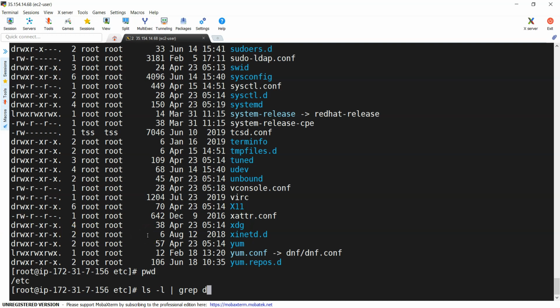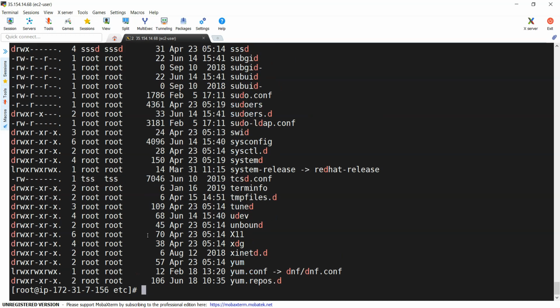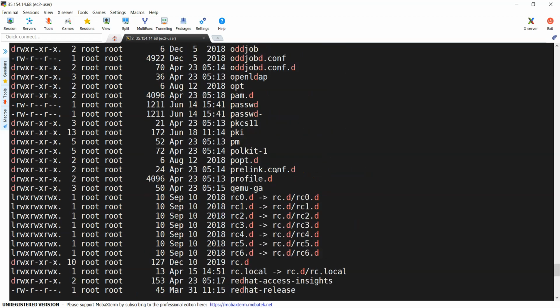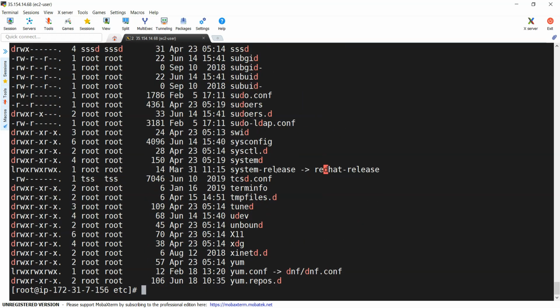But we'll see what will happen. You can see here it gives the directories, it also gives the files which have the d. Wherever it finds d, it is going to display that one, right? So this is the problem with this one. But we can tweak this command a little bit, by using the caret symbol. This is the caret symbol. Usually on the keyboard it is shift 6.